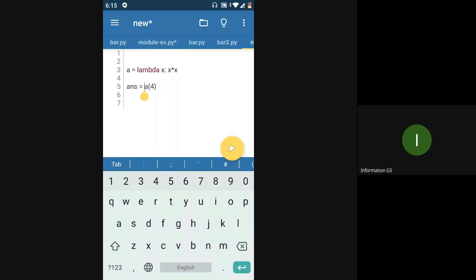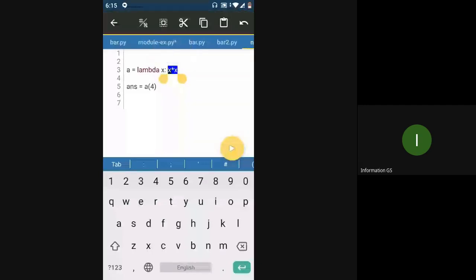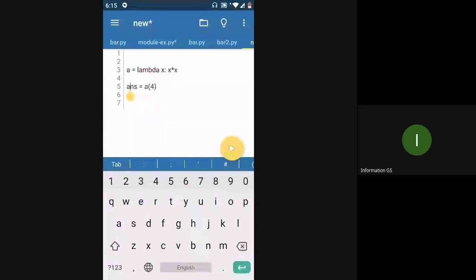Here a is the lambda function, and you're passing 4 as the parameter. a of 4 will return the value of 4 into 4, because my expression is x into x. That gets returned and stored in the ans variable, so ans will store 16 as the value. If you print it, you'll get 16.